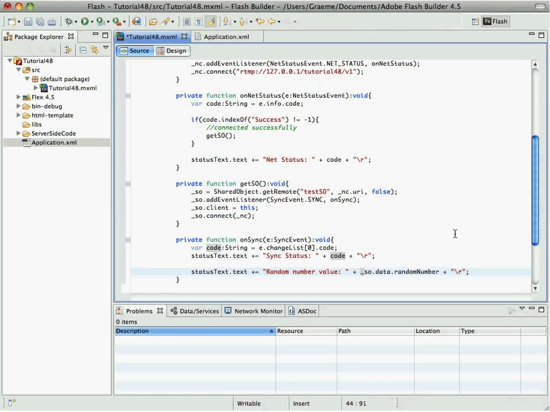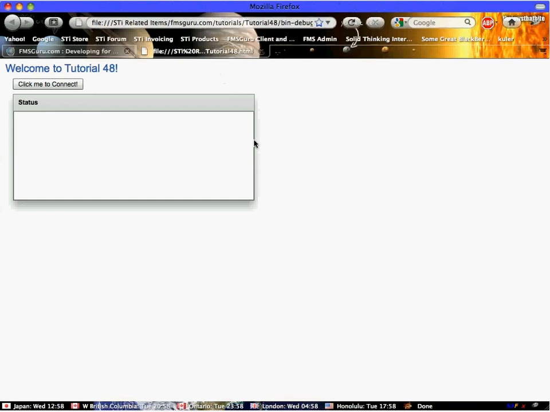So we can test this if we wanted to. So we're going to hit play, pop this into Firefox in my case, click me to connect. So we've successfully connected up. The status is clear, which is what's called when you first connect up, and the value happens to be 130. Now just to show that that does change,